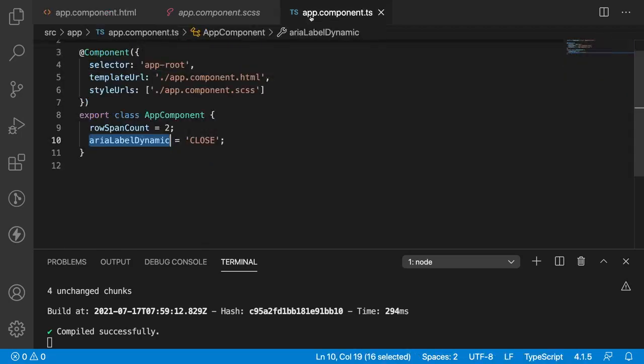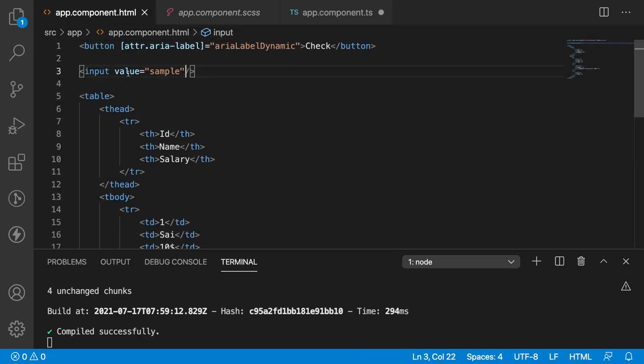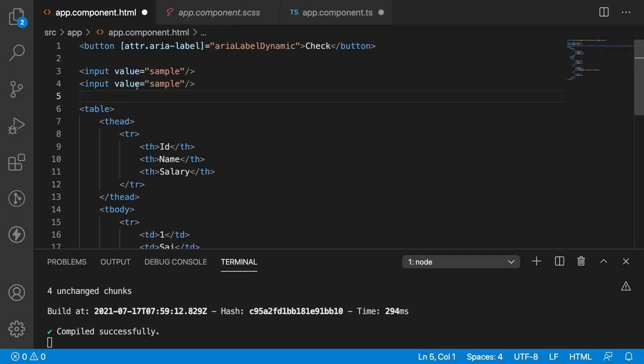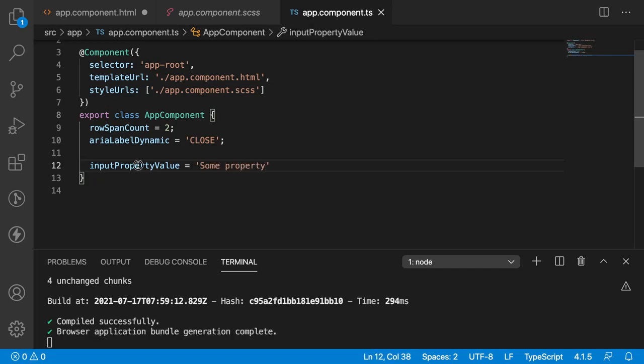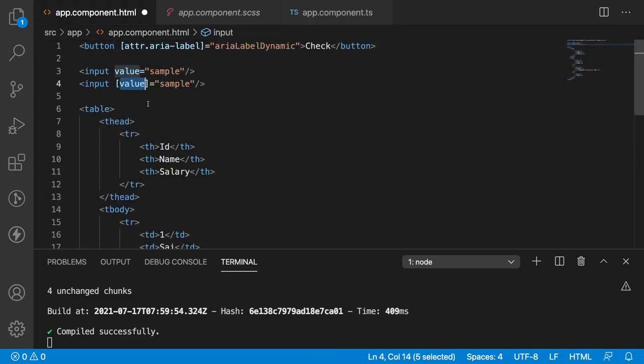How? So let me give one more input value, and here let me try to give property binding. So input property value is equal to some property. Save, and let me use this as a property binding and pass the variable.